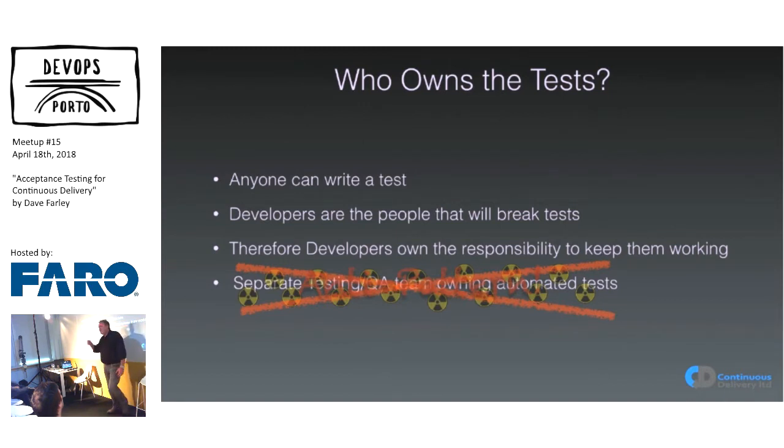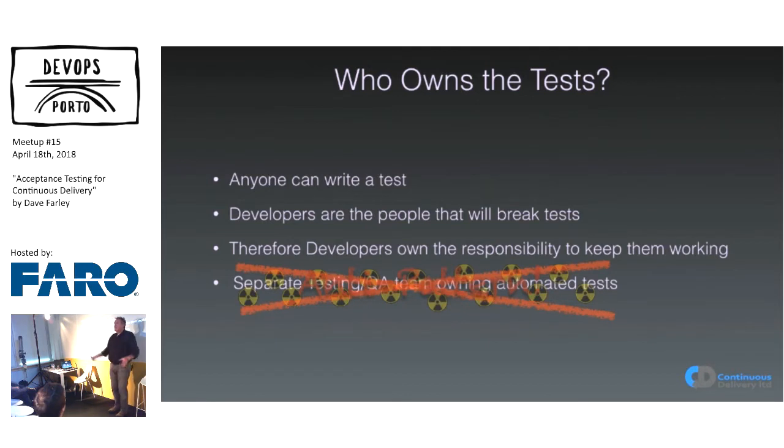So if we start thinking about these things as executable specifications for the behavior of our system, what does it mean when a test fails? It means that our software no longer meets its specification. Who's responsible for that kind of problem? It's not a QA team, it's the development team. And what do you want when something breaks in that context? What you want is